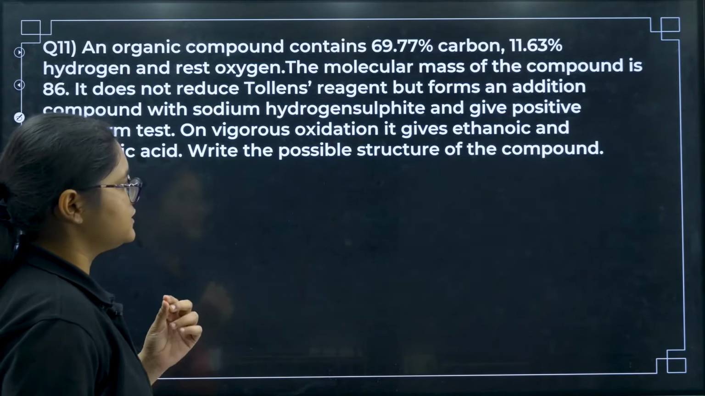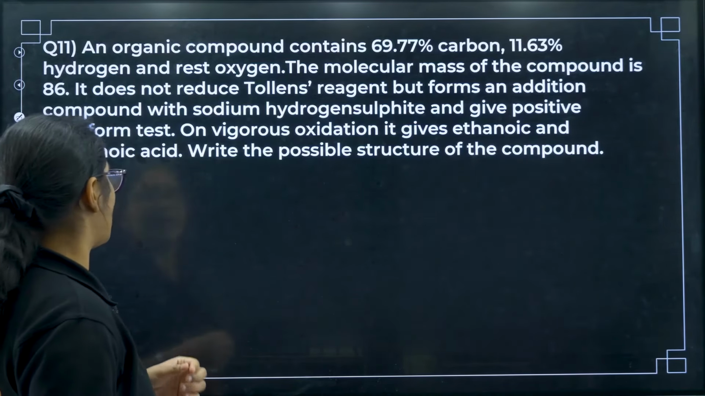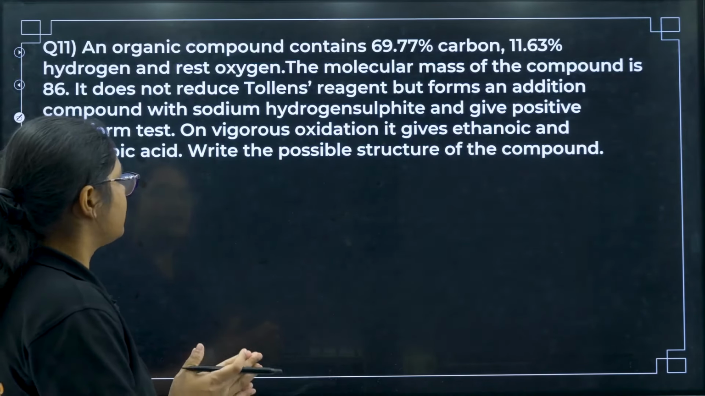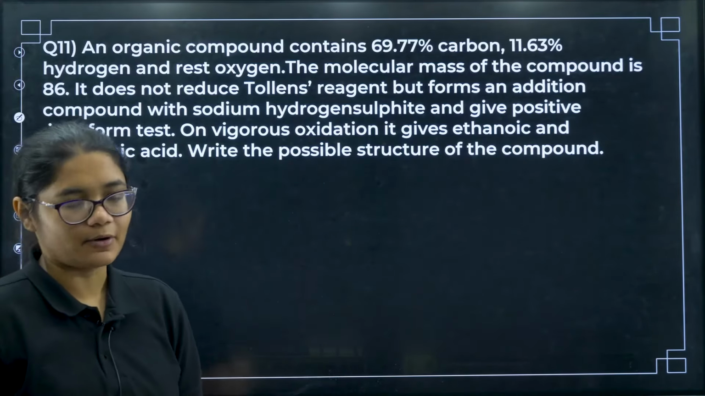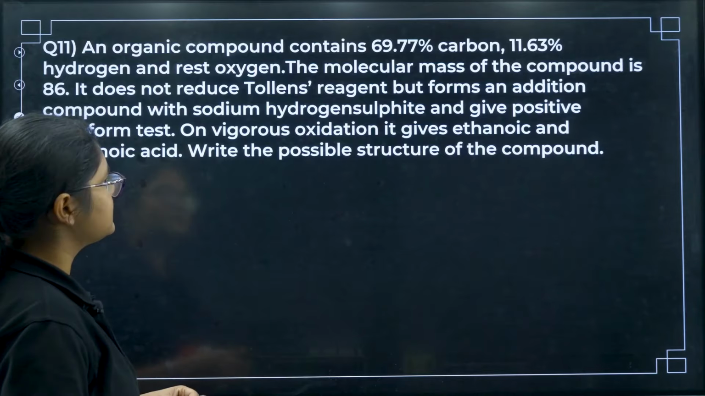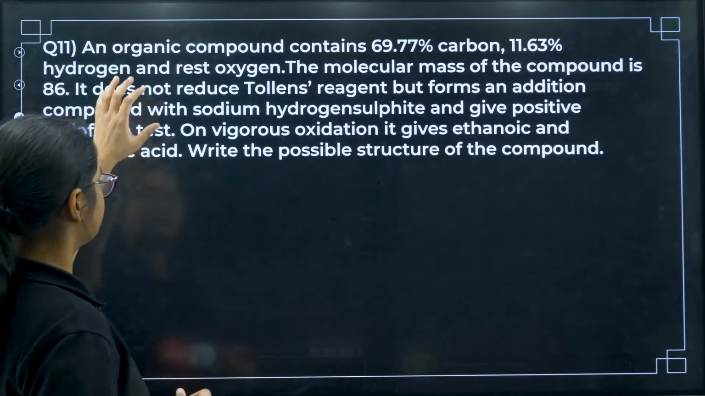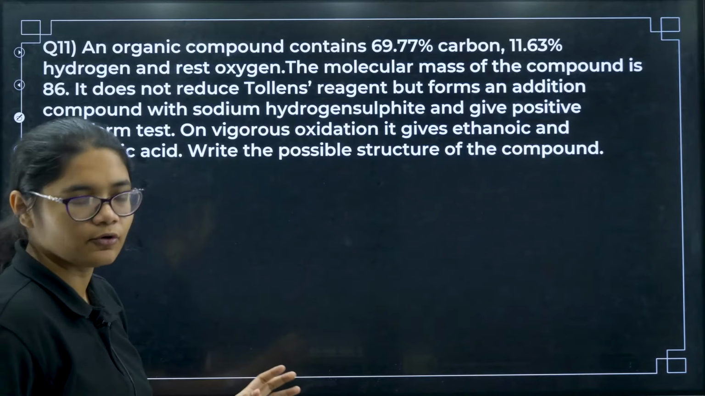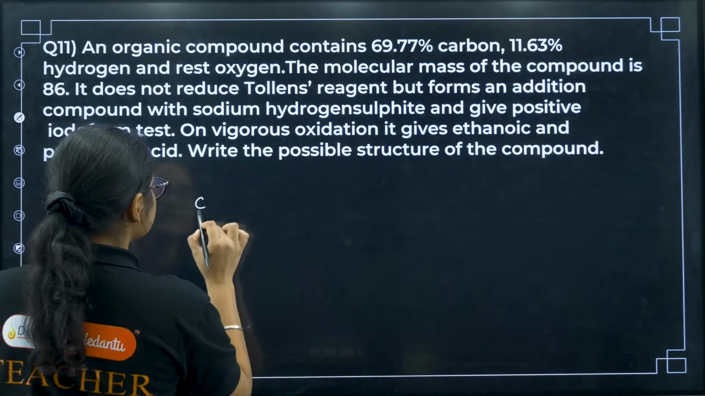On vigorous oxidation it gives ethanoic acid and propanoic acid. Then write the possible structures of the compound. You can first find out the molecular formula by using the empirical formula. So, carbon is